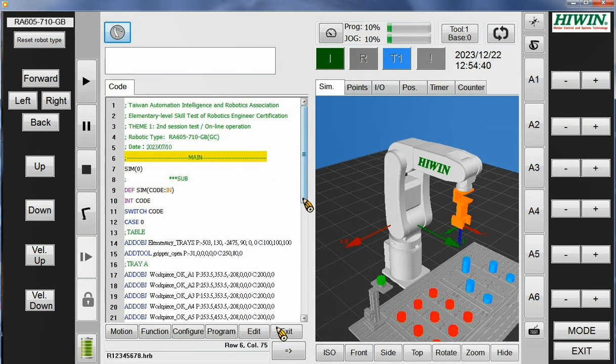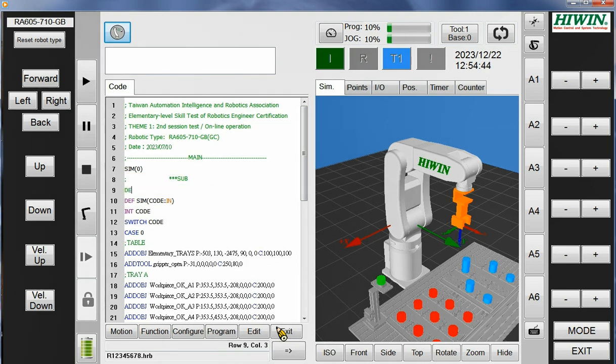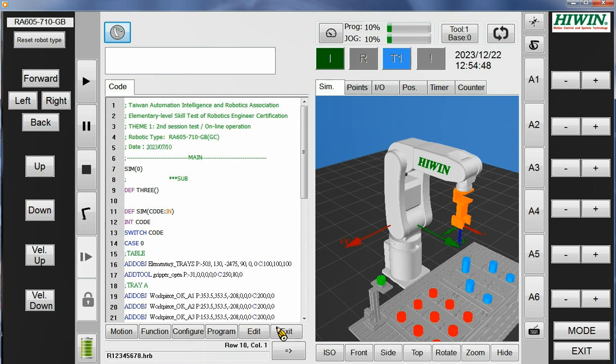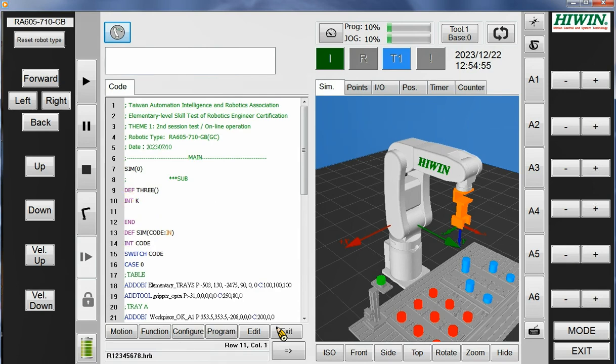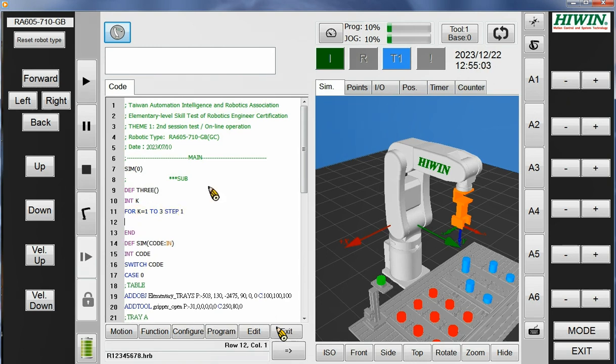And then, according to the test regulation, we should let the gripper open and close 3 times at the beginning of the test. So I define another subroutine, 3. Here I declare an integer parameter k, for k equals 1 to 3, step 1, and wait for second 0.5,